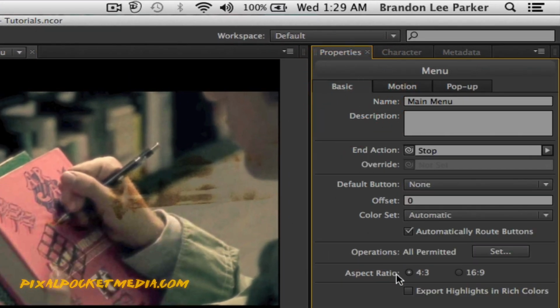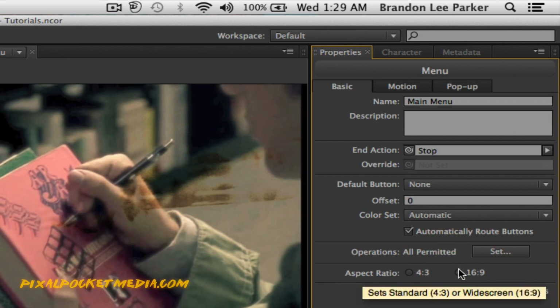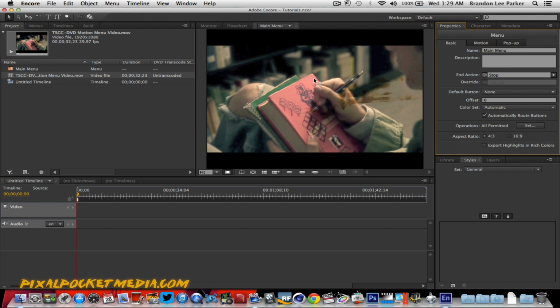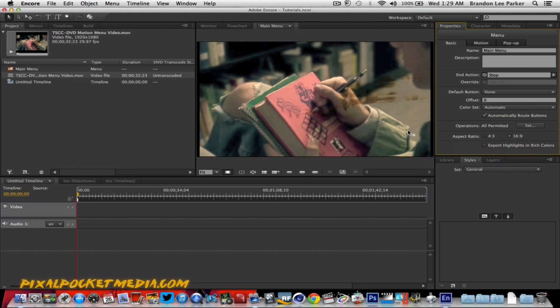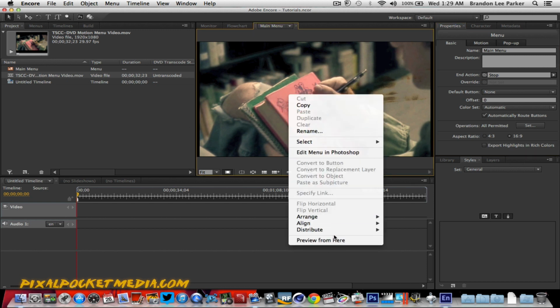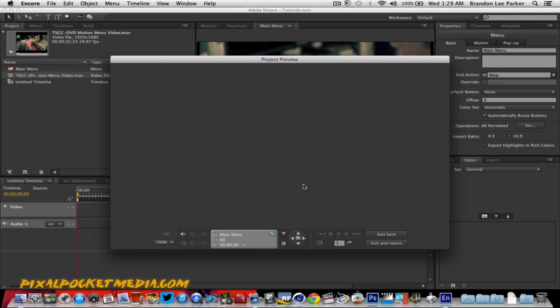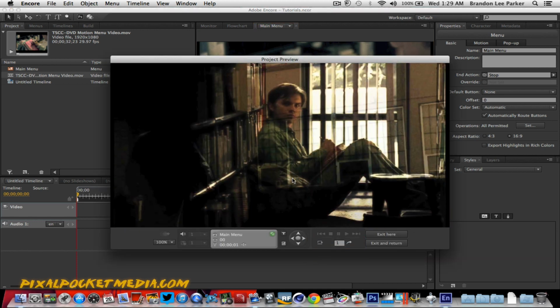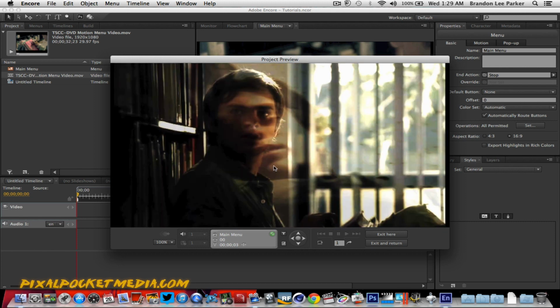Okay, go back to your basics, and you want to have it in 16:9. 4:3 is going to make it look like this if you want it like that, but I want it 16:9. I want it exactly like that. And then you can either preview from here, and it's not going to really do anything, or it is. Okay,